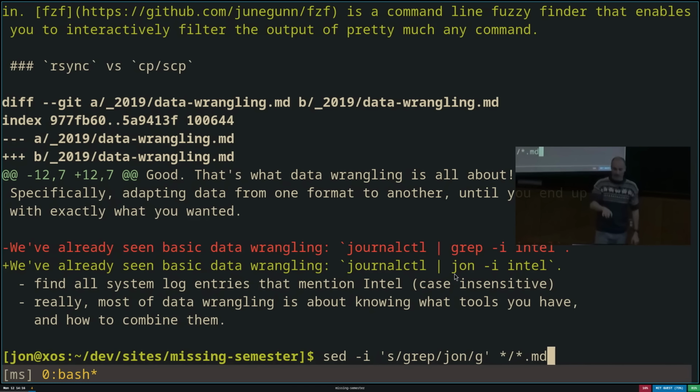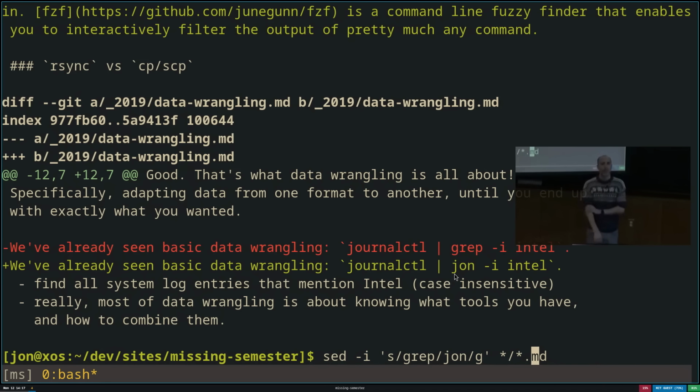Globs, on the other hand, here for specifying paths, like this one you'll notice is not quoted. Globs are expanded by your shell. So it will look for any path that matches this glob and substitute that argument for all the paths that matched that argument. But there will be programs too that allow you to give an argument that is a glob, and then the program implements the glob internally. That can be useful for other reasons, like if you want to rewrite history in Git, for example, you can give Git a glob for the things you want to rewrite.